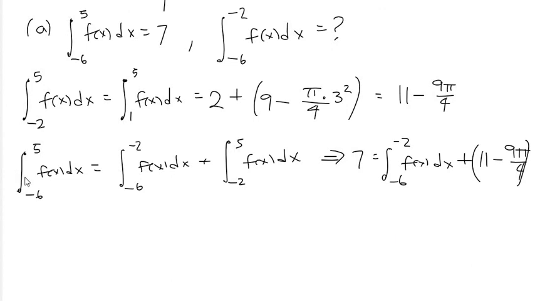Okay, so the entire area of the whole region is the area from minus 6 to minus 2, plus the thing in parentheses here, which is the area from minus 2 to 5. And so we just do a little algebra to solve there, right? We subtract this thing in the parentheses from both sides, and that tells us that from minus 6 to minus 2,